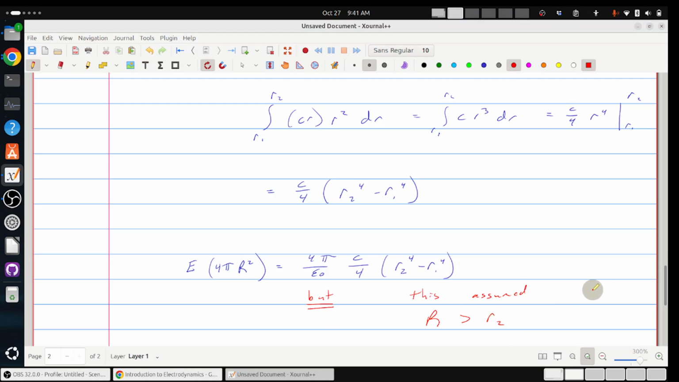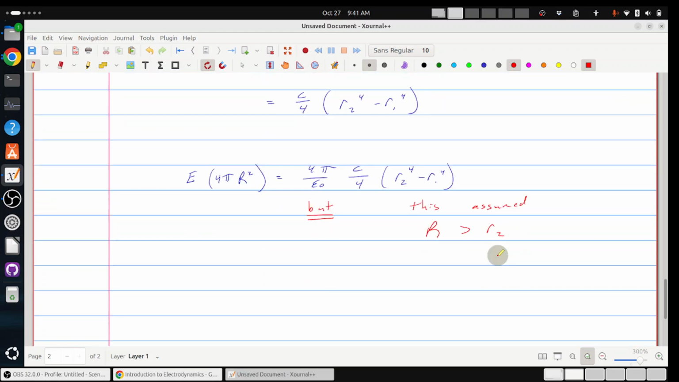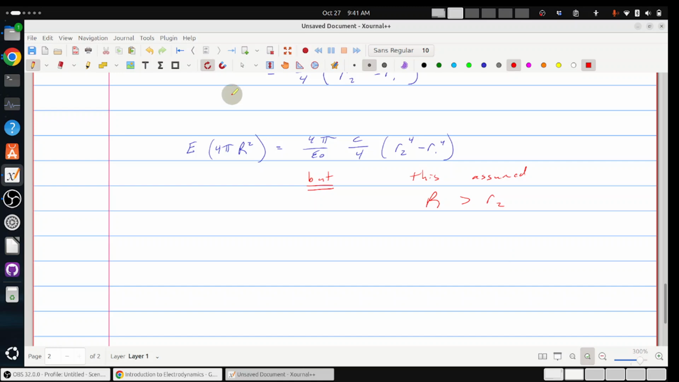But I need to stop and be more careful, because the charge inside, that density was only in the R1 to R2 region, which is why we only integrated from R1 to R2. In order for that to be the charge enclosed, what I really had to have here was a thick spherical shell,